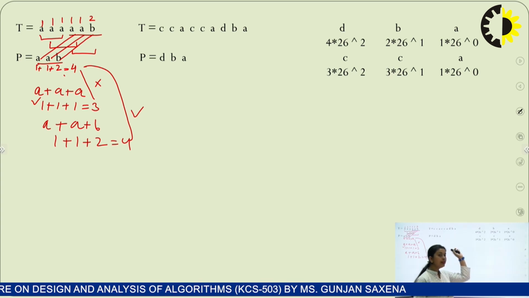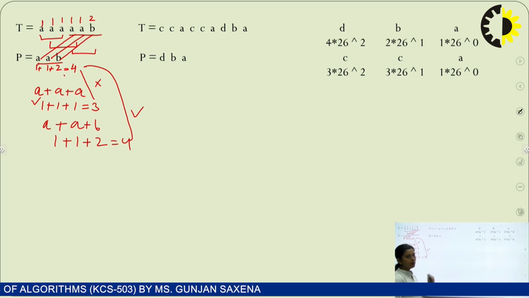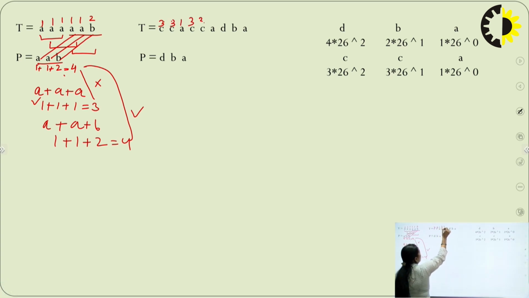But if we consider another example, then we see what the problem is if we take very simple hash values. Just picking up this example. Here the place value of C is 3, so for the text ABC the place values are 3, 1, 3, 3, 1, 4, 2, and 1. The given pattern is DBA. So what is the hash value? D has 4, B has 2, and A is 1. The cumulative sum is 4 plus 2 plus 1, which is 7.